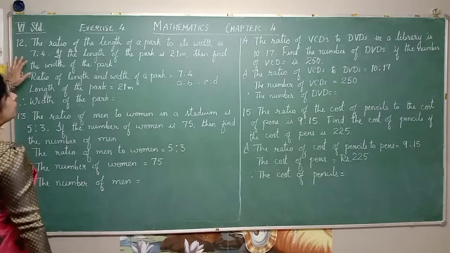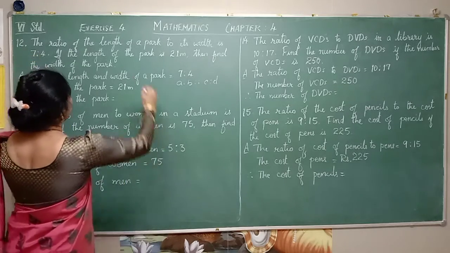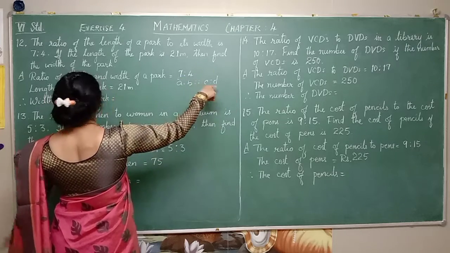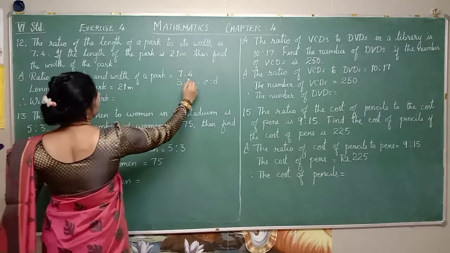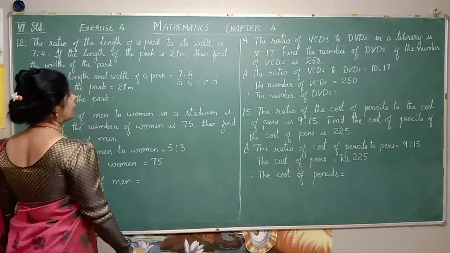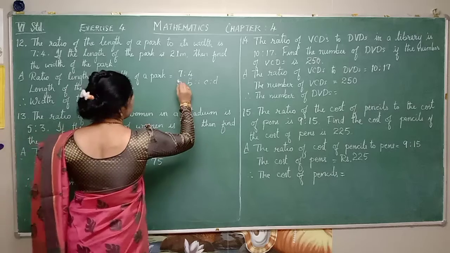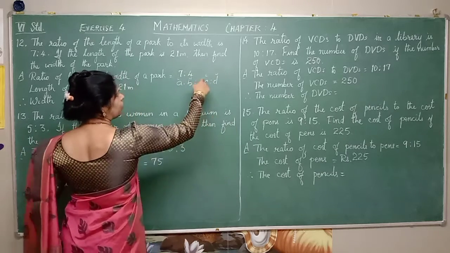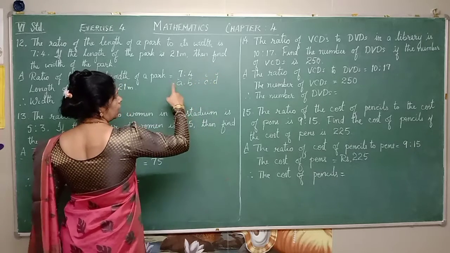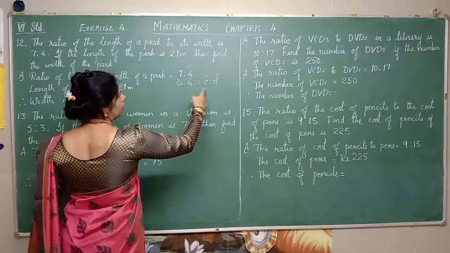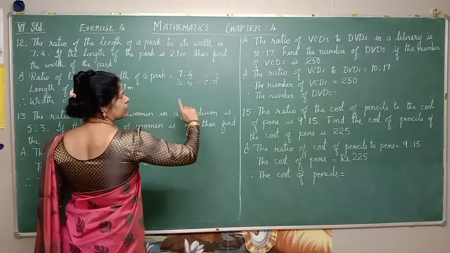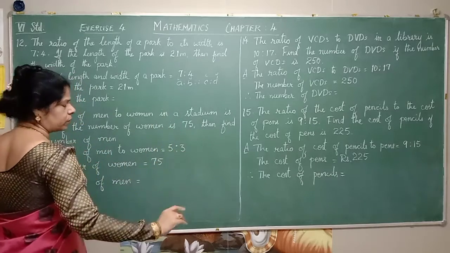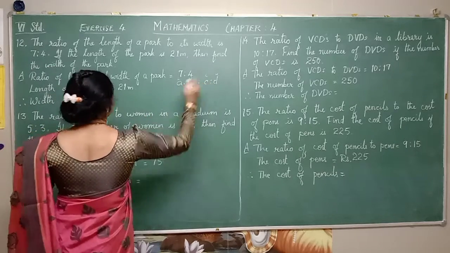So now let us see. Now what is A here? A we are taking as the length. Got it? You write in the working column, then it will be clear for you. And width we are taking as B. Clear? Here length and width means here also should be length and width only. Remember this. We cannot write width here and put length there. No. Length, width, A, B. C, D is again length and width. If you put length, width and width, length, it is wrong. So you put length, width.